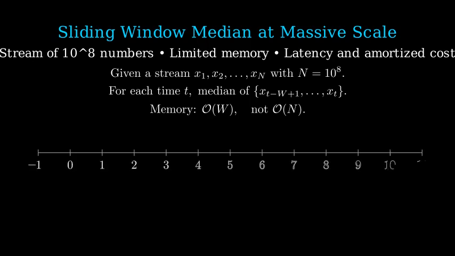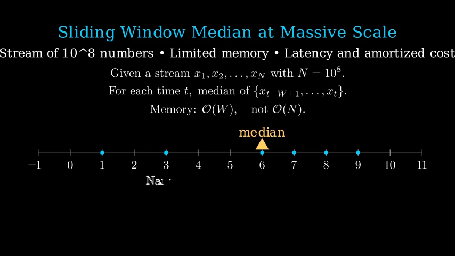The median splits the window into two halves. For an odd window size W, the median is the middle element when the window is sorted. For an even window size, it is the average of the two middle elements. Graphically, think of a balance point on the number line that has half the values to the left and half